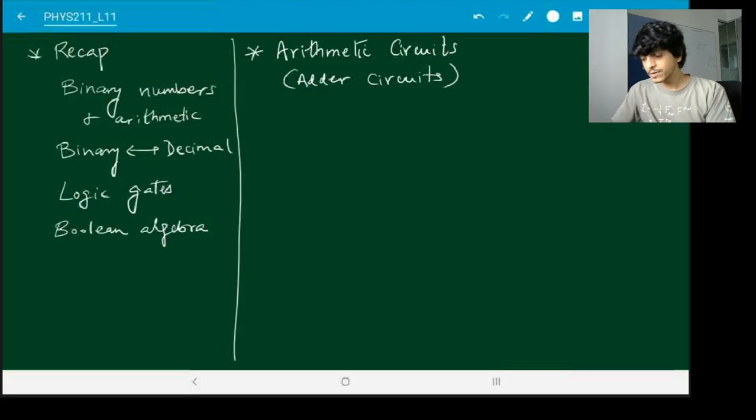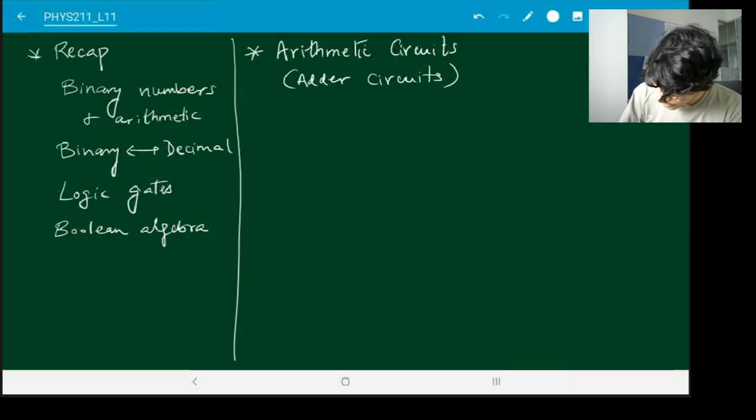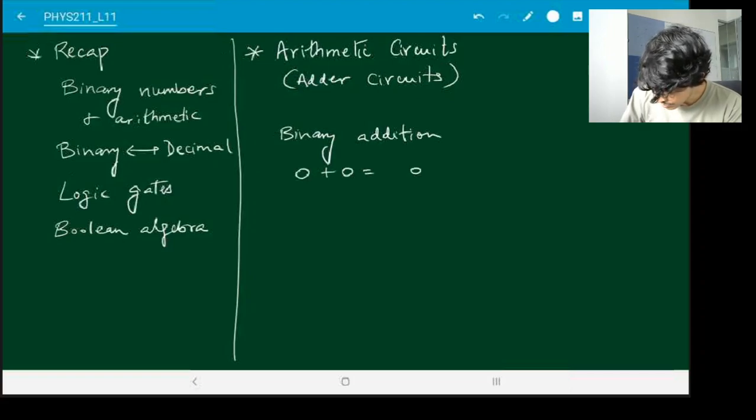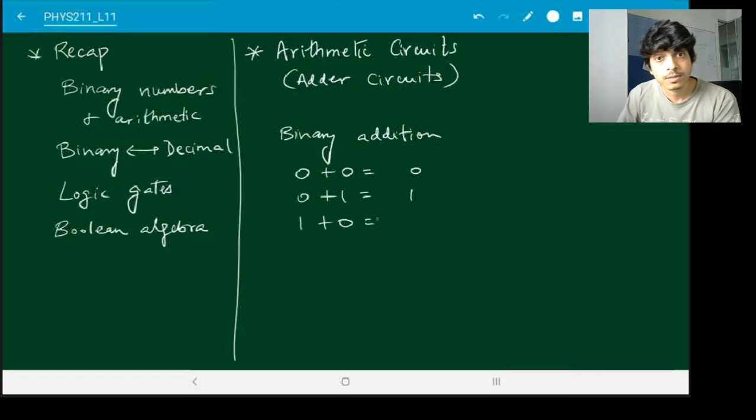The first thing that we will do now is, let's first write down what this addition arithmetic looks like in binary. You've done this before, it's just useful as repetition. So binary addition looks like this. 0 plus 0 is 0. 0 plus 1 is 1. 1 plus 0 is 1.